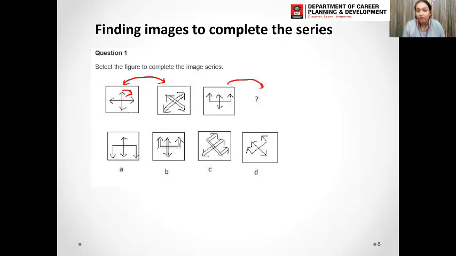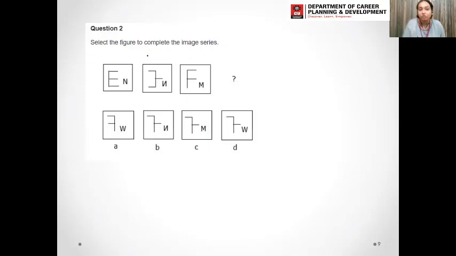So let's rotate it by 90 degrees, and see it is rotated at this point. If it is rotated and all the lines are doubled, the options are C or D. But we will reject the D option as the lines are not doubled. So our answer is only the C option. Let's check the next question.